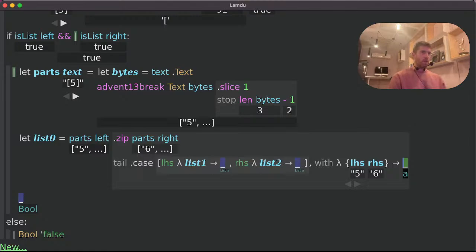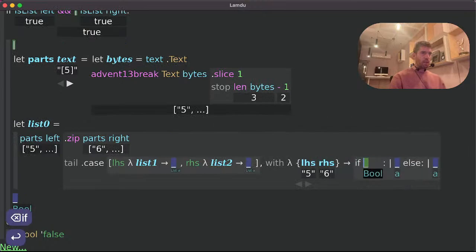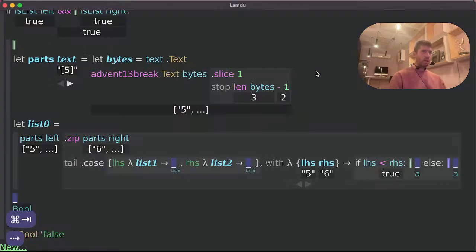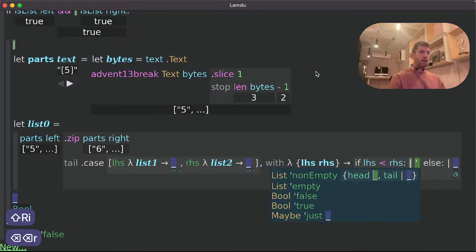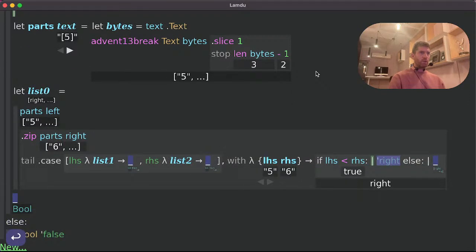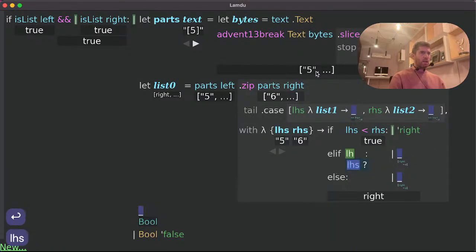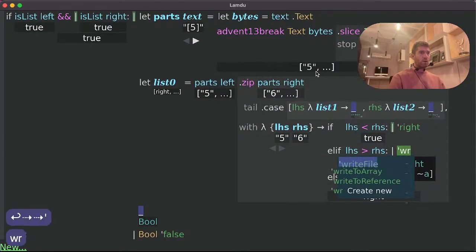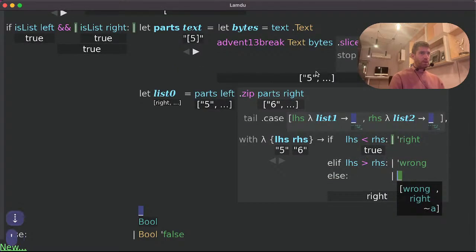Okay, let's do this. If LHS is smaller than RHS, then the left is first, which is correct. So we say this is right order. And if LHS is bigger than RHS, this is wrong. Otherwise is